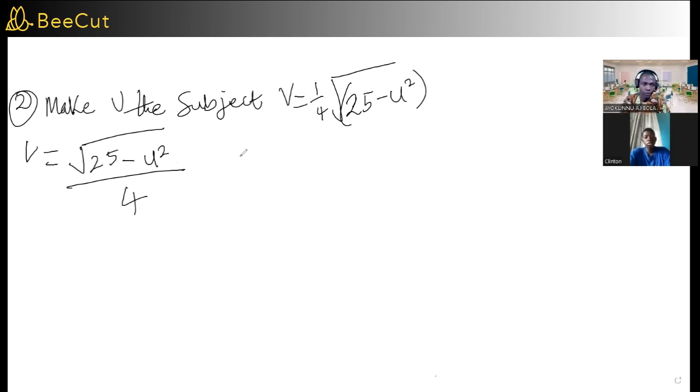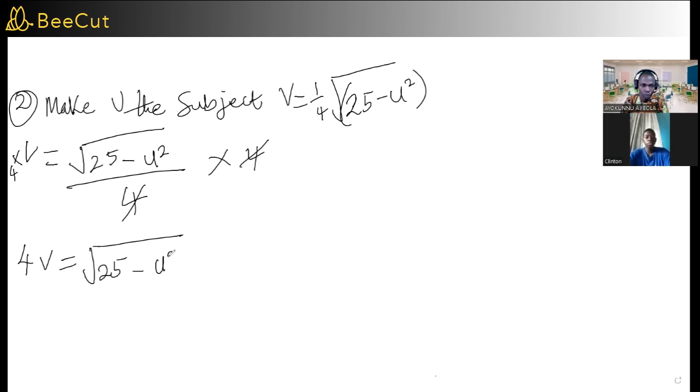You know, half of something means that thing divided by 2. Yes, sir. And 1/4 of something means that thing divided by 4. Yes or no? Yes. So that is why I change this 1/4 of the root to be that root divided by 4. Is that clear? So I multiply both sides by 4 now. This is times 4, and this other side times 4, so that this 4 can cancel out this 4. And I have 4v equal to square root of 25